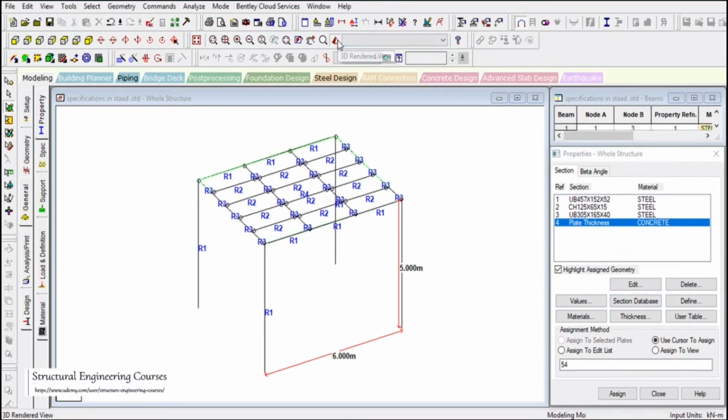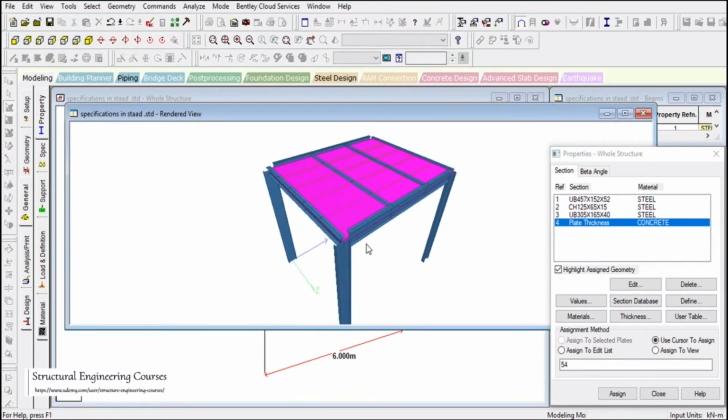And when we go to the 3D view, here you can see that again something is wrong.